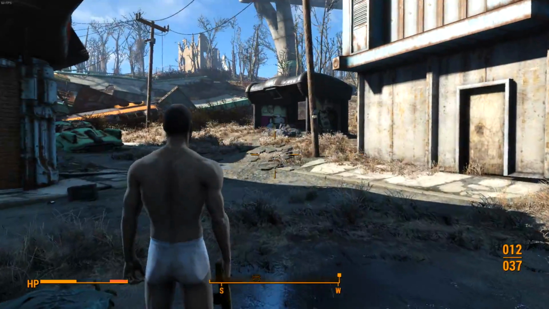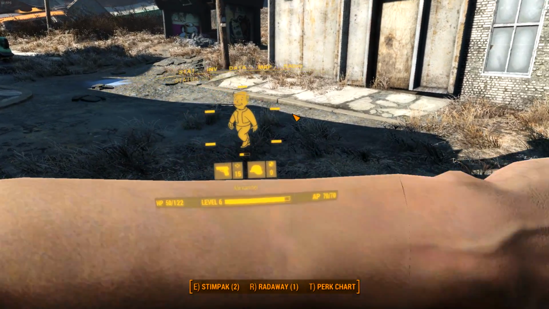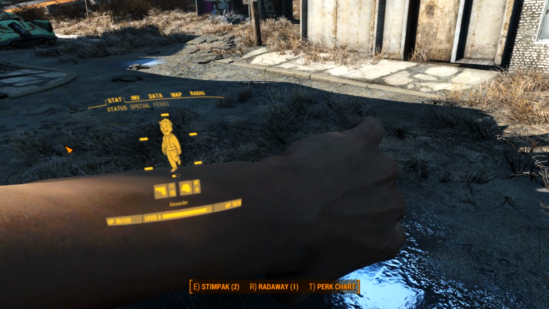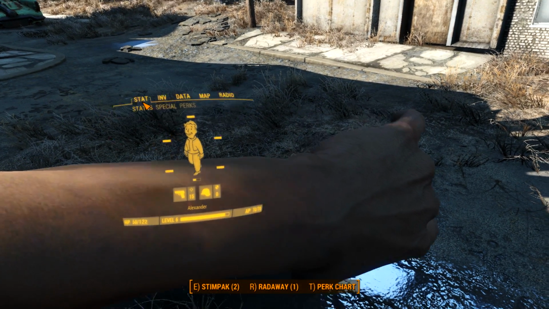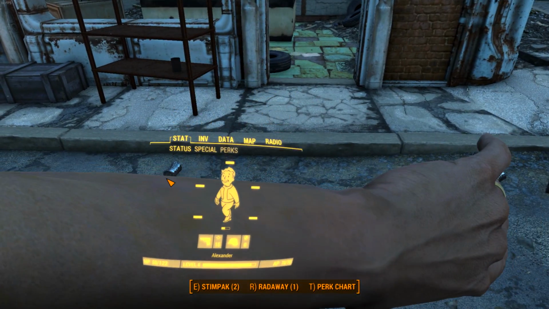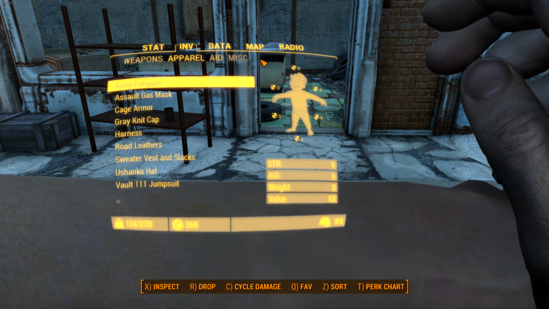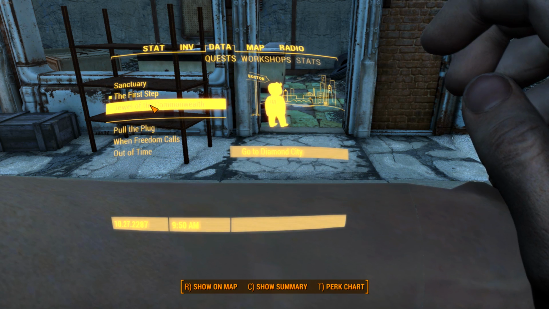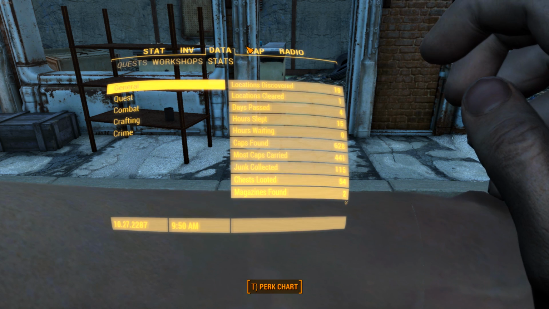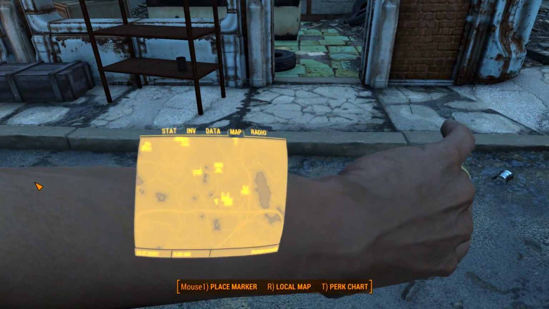So basically what this mod does is makes your Pip-Boy see-through, or if you want to be educated with it, diaphanous. So everything functions as it usually would. You can go there, select missions. Nothing special about any of that. Only difference is you don't have